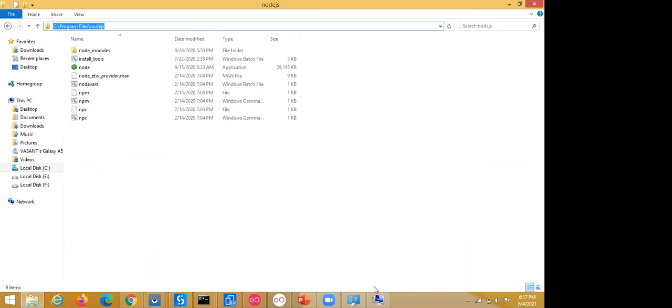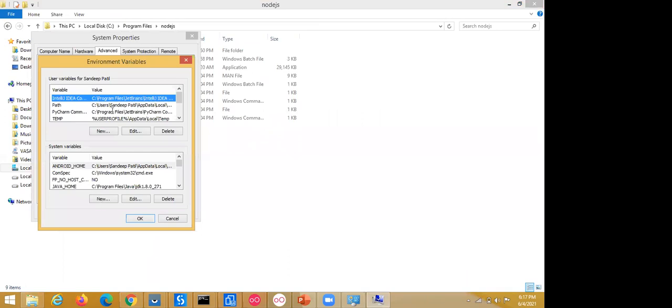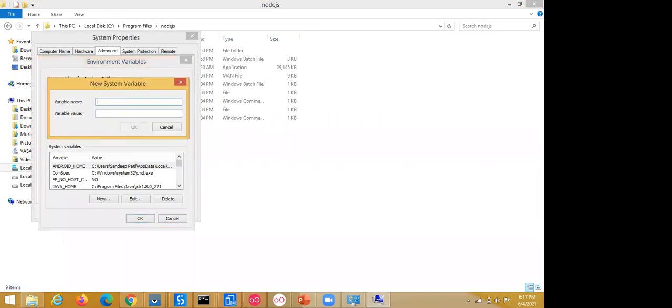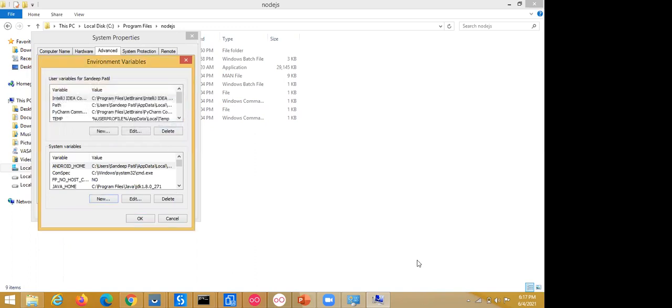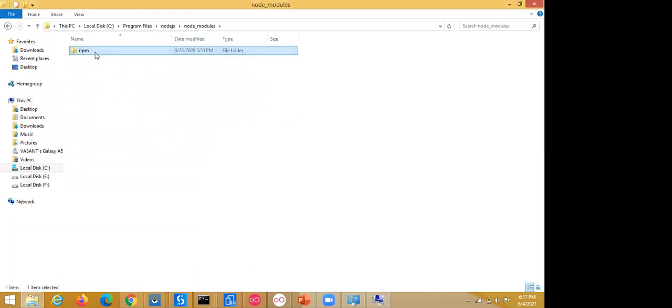Just copy this path and go to the environment variables. Click on new and enter NODE_JS, paste the path here and click on OK. And for JS modules also we require npm, because without npm we can't install packages.